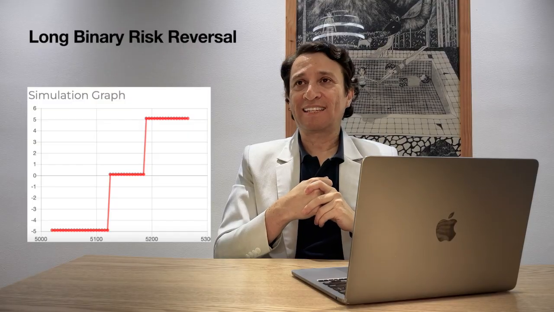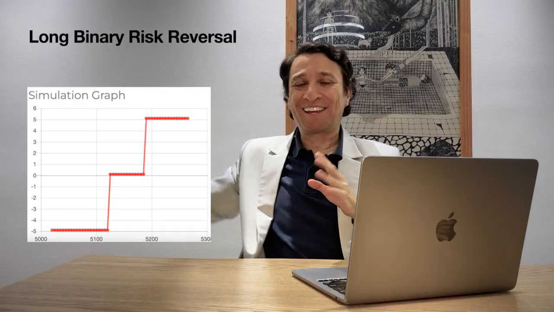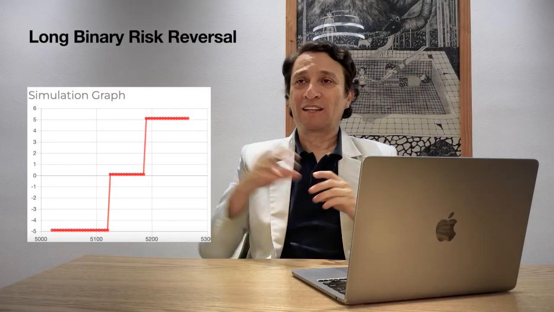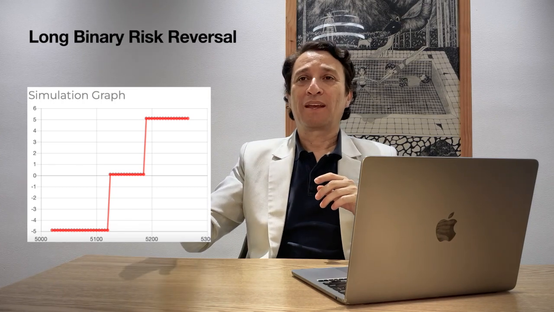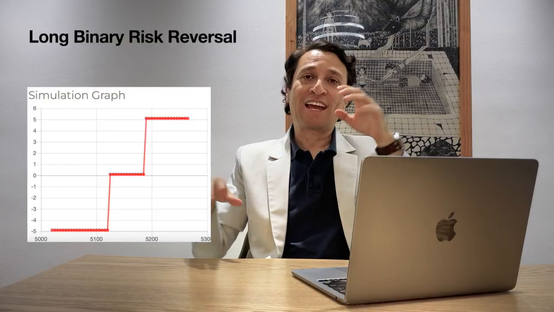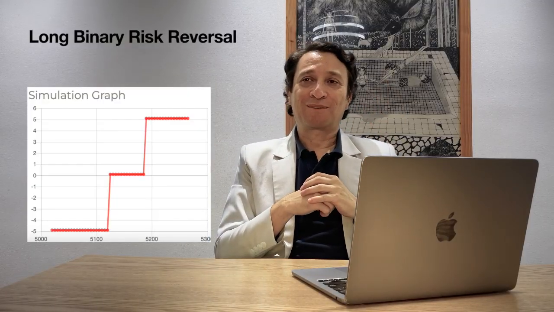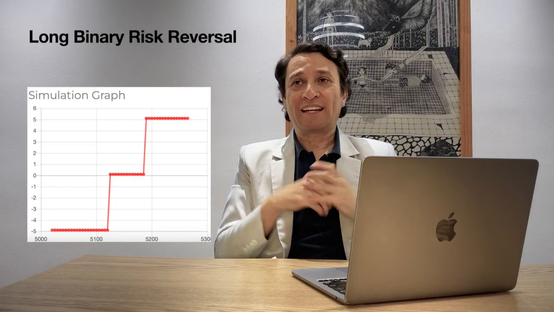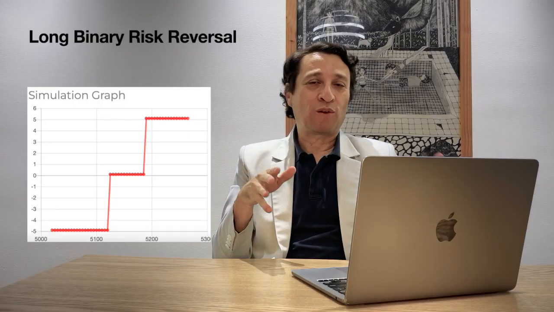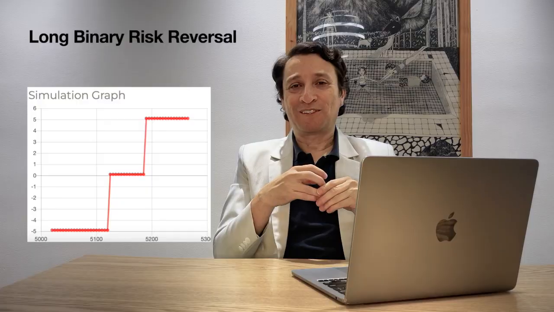So in that case, the trade is not as simple, and I hope to have a graph here that illustrates the trade. The trade has three different regions now. It has a region where it loses money. It has a neutral region where it makes very little or loses very little money, and it has a winning region where it makes tons of money. I like these reversals because they are still even money type trades. You are risking $1 to make a dollar, but they have three different regions. So those are very powerful.